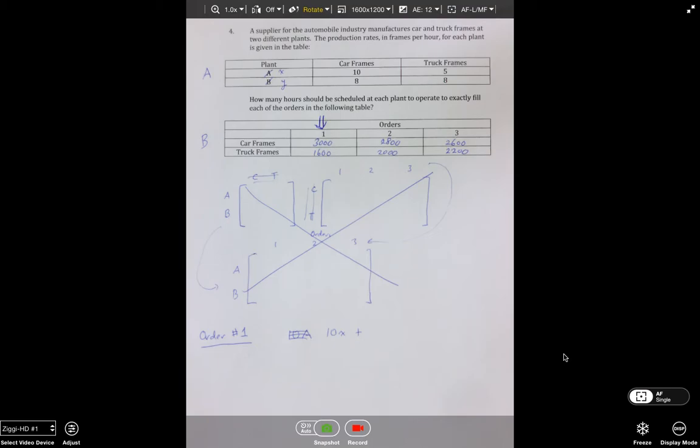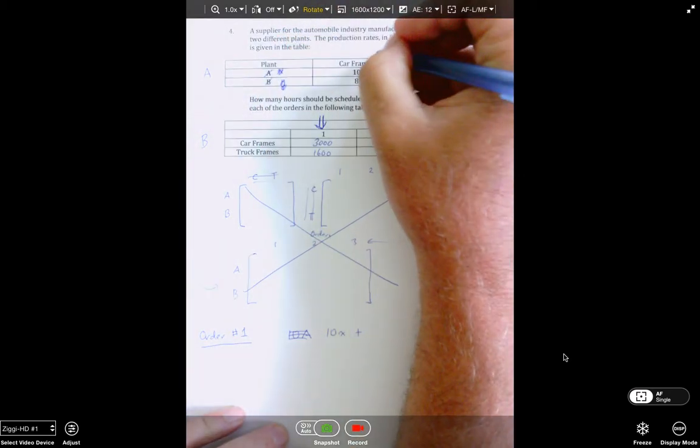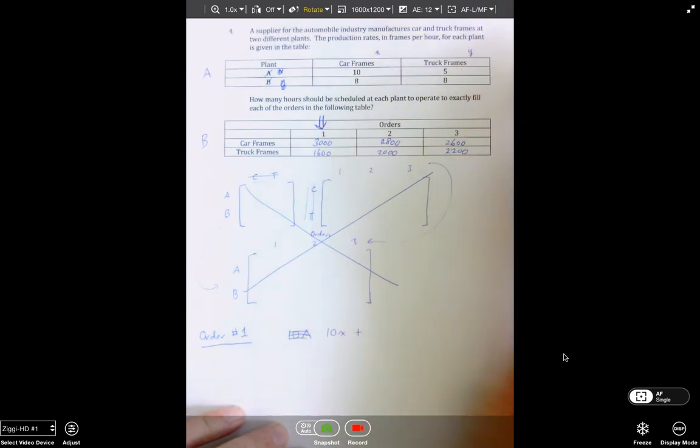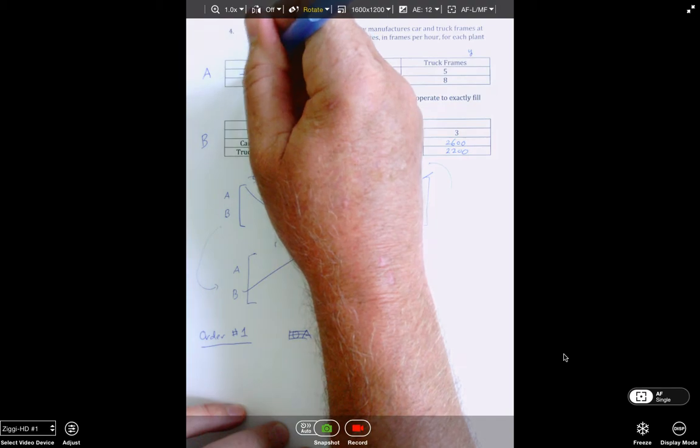How many hours should be scheduled at each plant to operate to exactly fill each of the orders in the following table? So the supplier for the automobile industry makes car and truck frames at 2 different plants, and the production rates in frames per hour for each are given. Okay, so that's not right. What we got is we're going to have to let our car frames and our truck frames be X and Y. Because at plant A,